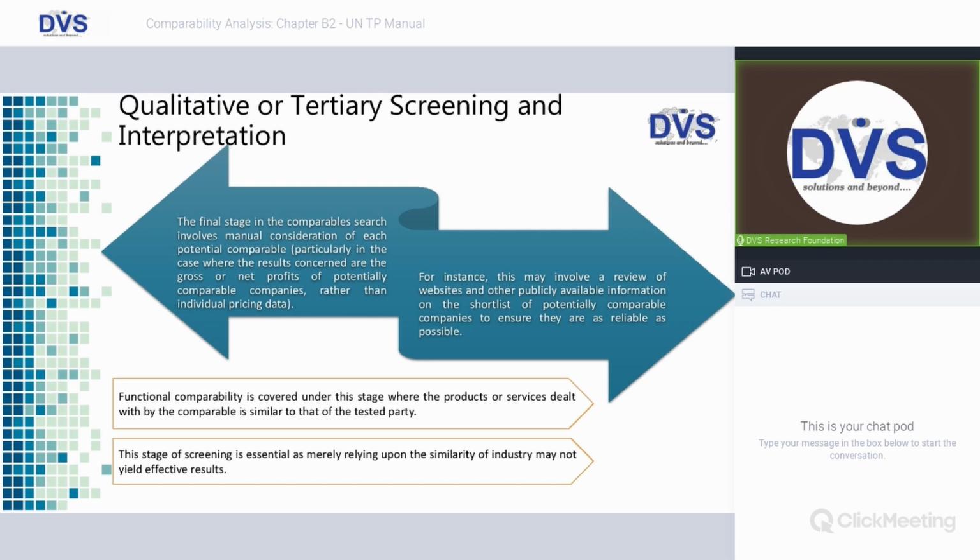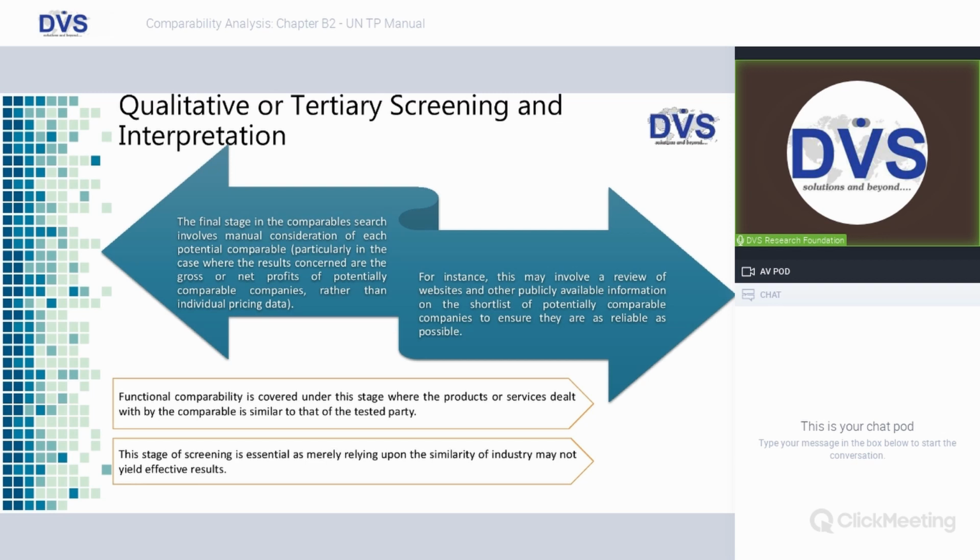Qualitative or tertiary screening, that is the last screening, is the qualitative one. So after applying all the quantitative criteria, say industry classification, then the financial availability of latest financial data, then the turnover criteria, then the export turnover criteria, and then the RPT. So these are the basic filters which are used. Apart from that, at times we use the employee cost to turnover criteria as well, when we want to filter more companies, or where the employee cost for our company is high, we use that as a quantitative filter as well.